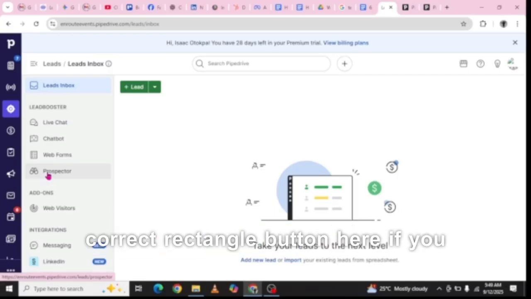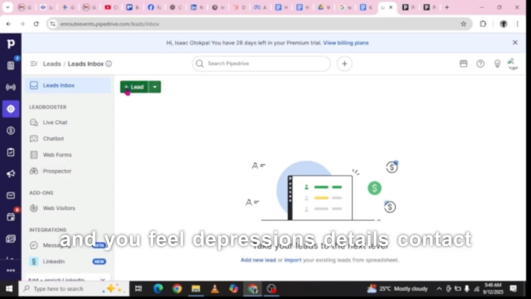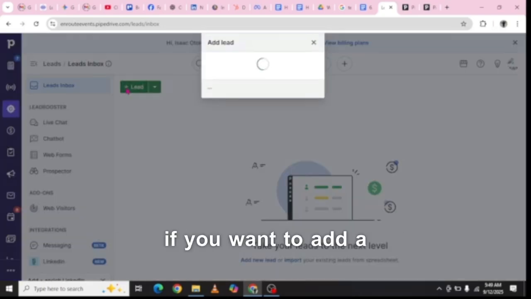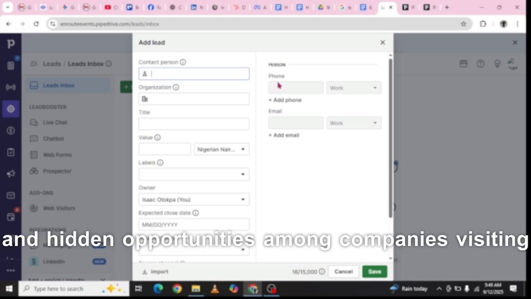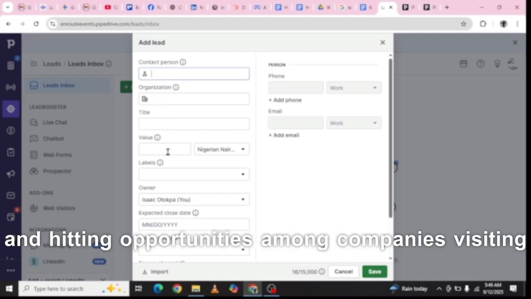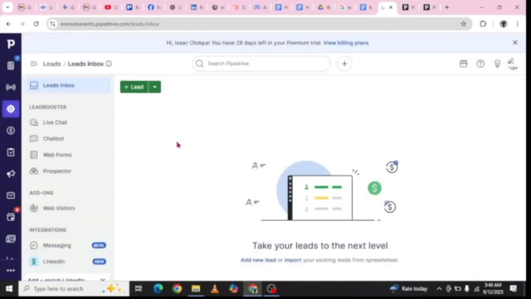How do you add a lead? To add a lead, come to this green rectangular button here. If you want to add one lead or add them individually, you click on the plus sign. This brings out this form and you fill the person's details: contact person, phone number, email, title, organization, value, labels, and so on. And if you want to add a list of leads, you click on this arrow instead,